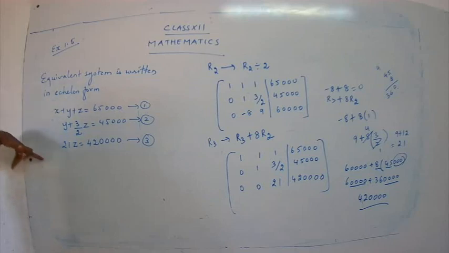And now what we do is we will follow a method of back substitution. We have to go from the back of the answer. We are not going to start from the first equation. We are going to start from the third equation, and we are going to find one unknown, and we are going to get all the 3 unknowns. So let's start from the third one.